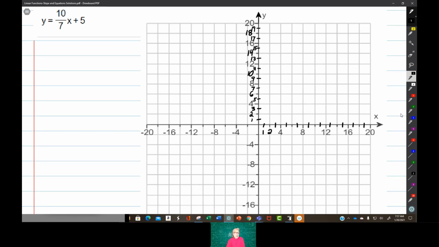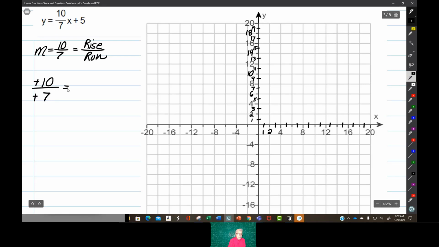All right, so slope is rise over run. Slope is 10/7 here. So slope equals 10/7 equals rise over run. Now watch this. 10 over +7 equals rise over run,